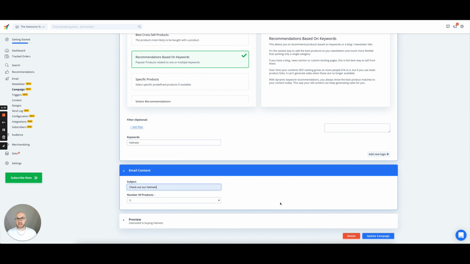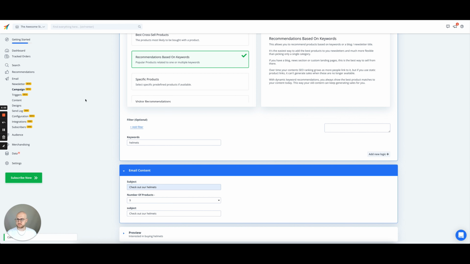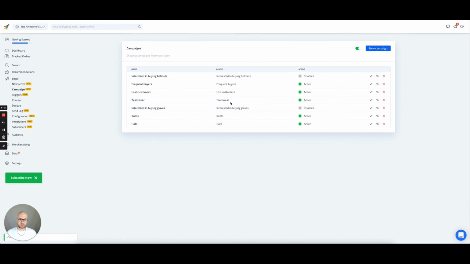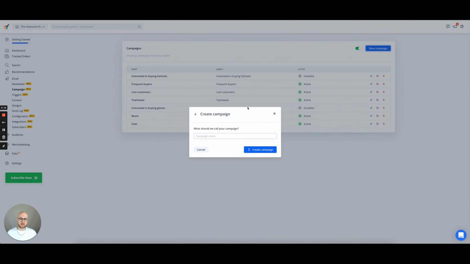Again, you want to choose a catchy subject line so that your customers know what they're going to be looking at, and this is really important to getting your customers to open the email. You can preview again if you need, and then update campaign, head back to your campaigns, just make sure it's all there, everything's good. And then for the final one, we're going to be doing something slightly different, which is